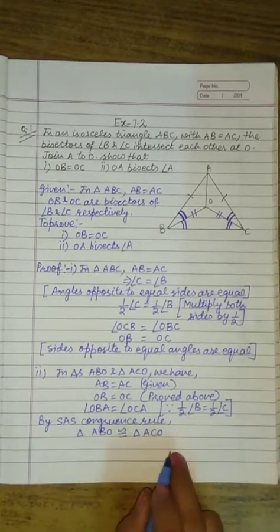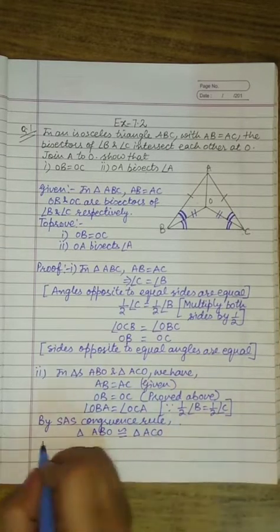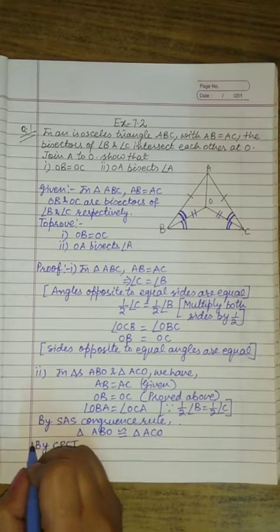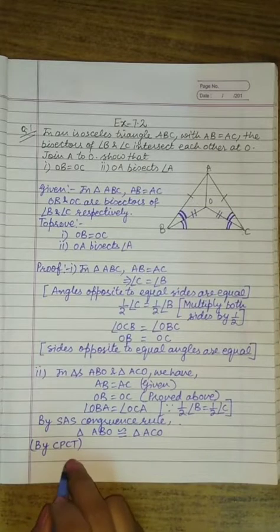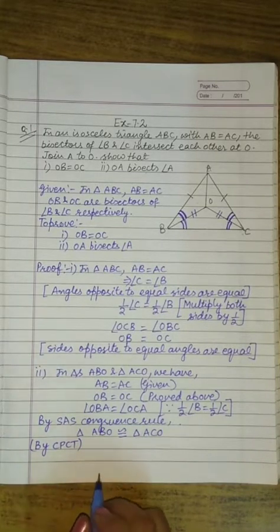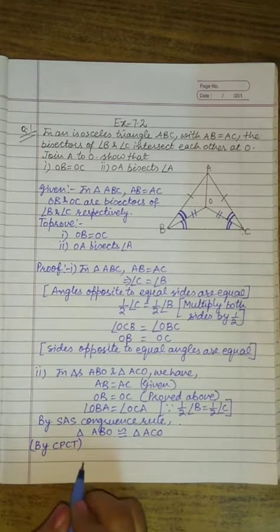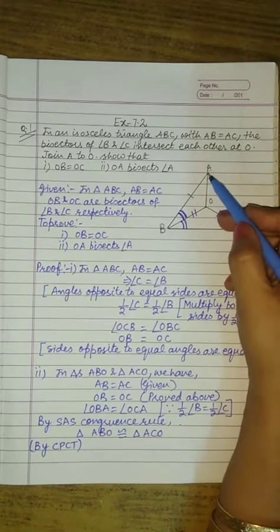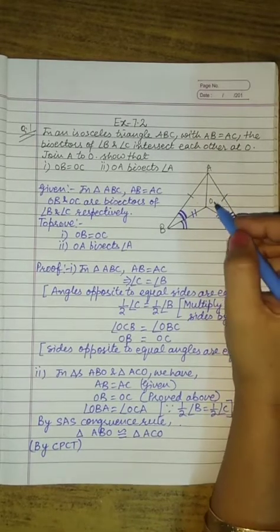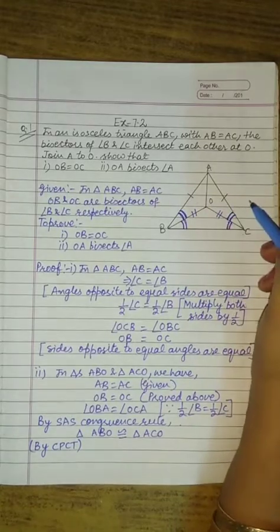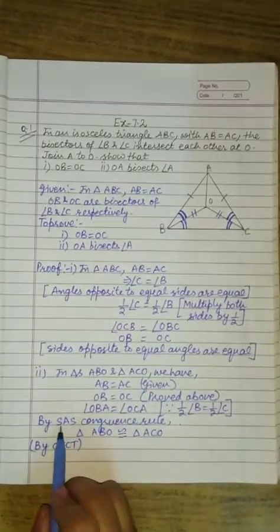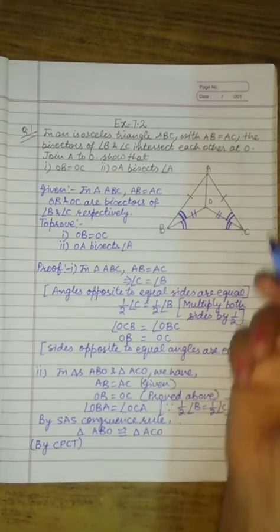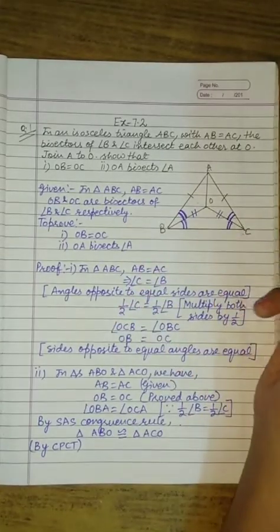If both these two triangles are congruent, so by CPCT. Now what is the meaning of CPCT? Corresponding parts of congruent triangles. It means all triangles have 6 parts, that is 3 sides and 3 angles. So if two triangles are congruent and we have proved them congruent by any congruence criteria, here we have proved it by SAS, so the other two angles and one side are also equal.